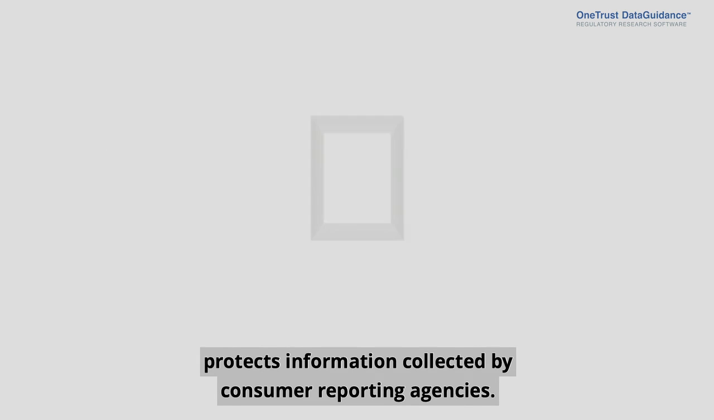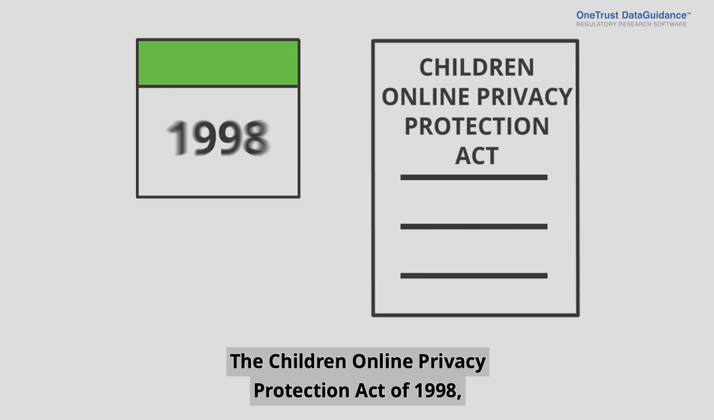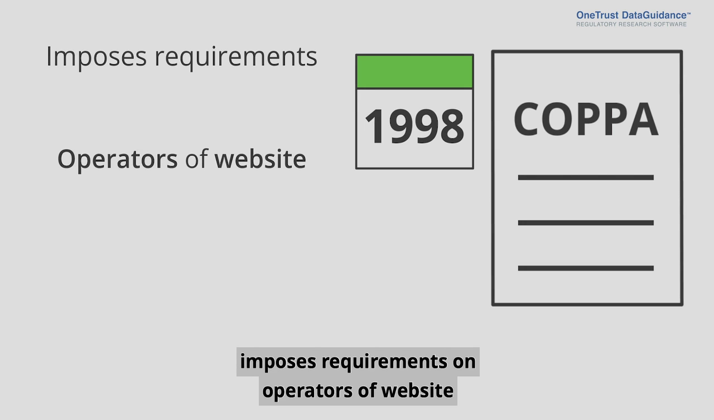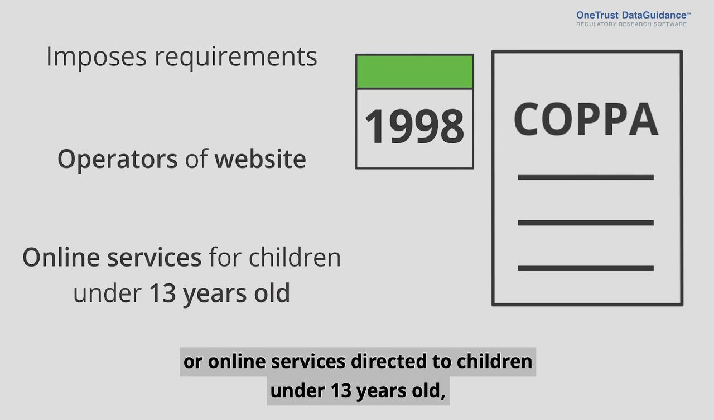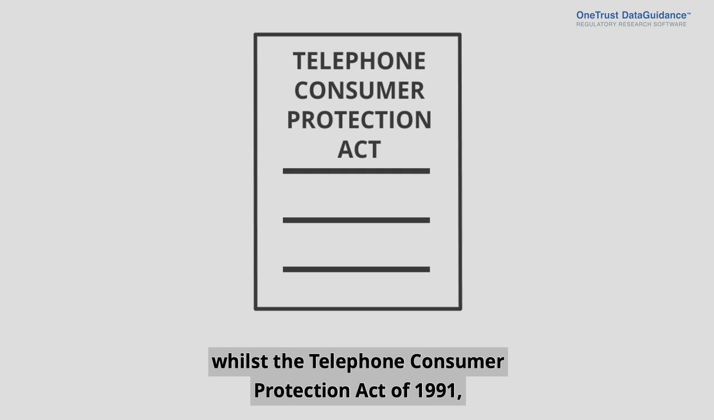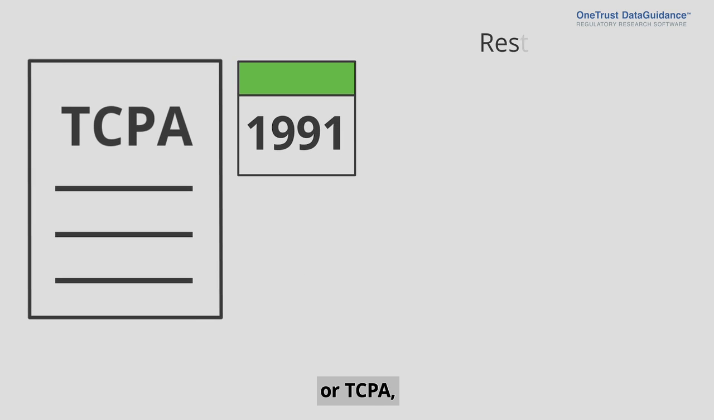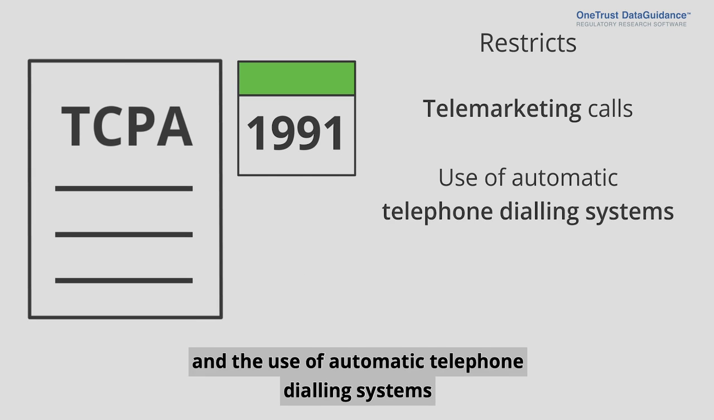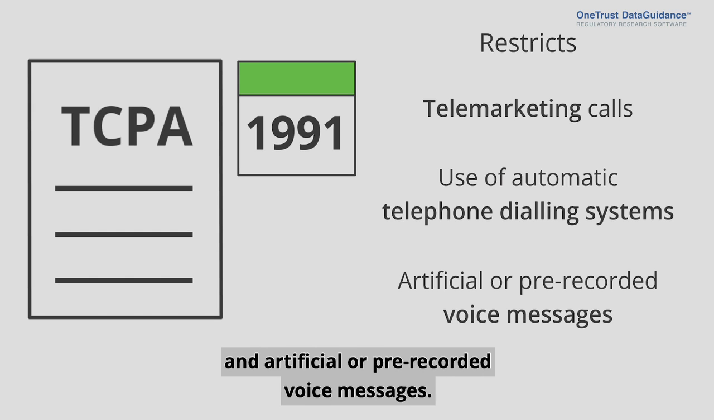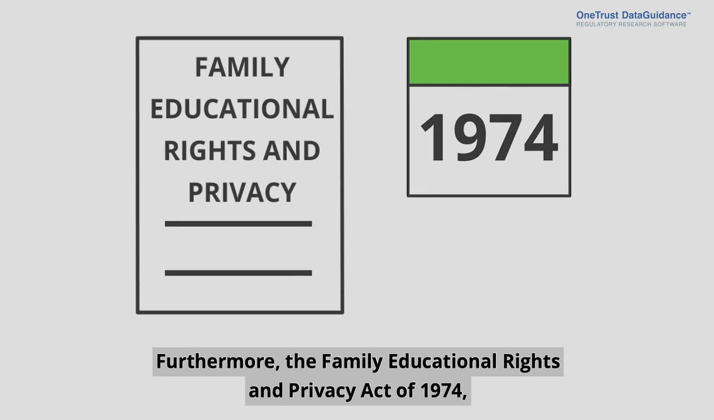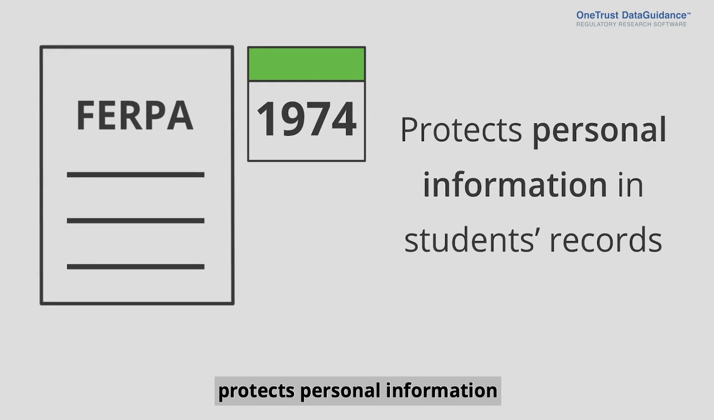The Children Online Privacy Protection Act of 1998, or COPPA, imposes requirements on operators of websites or online services directed to children under 13 years old, whilst the Telephone Consumer Protection Act of 1991, or the TCPA, restricts telemarketing calls and the use of automatic telephone dialing systems and artificial or pre-recorded voice messages. Furthermore, the Family Educational Rights and Privacy Act of 1974, or FERPA, protects personal information contained in students' education records